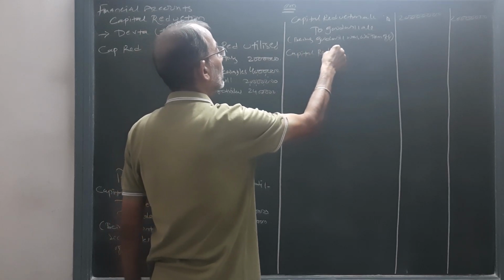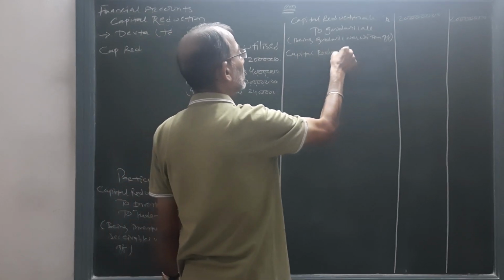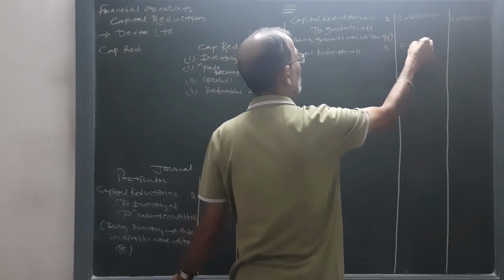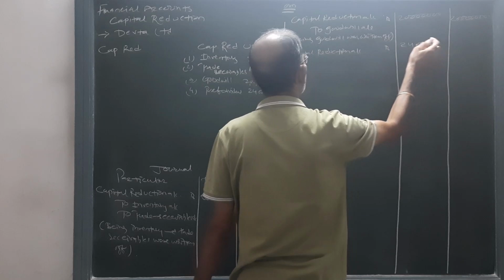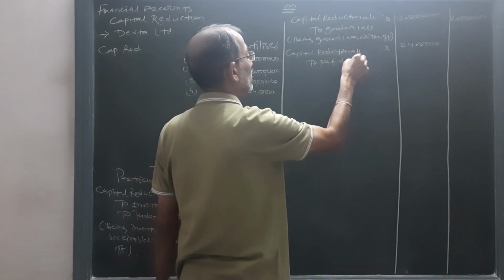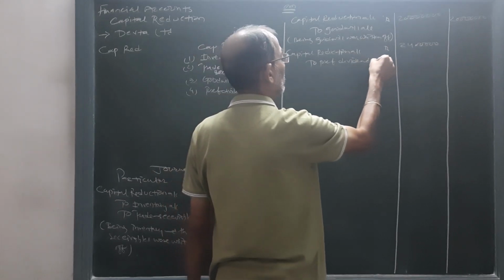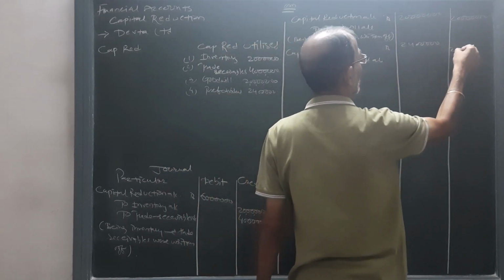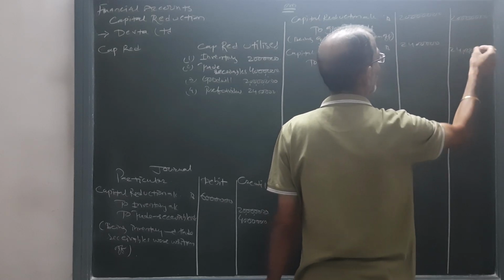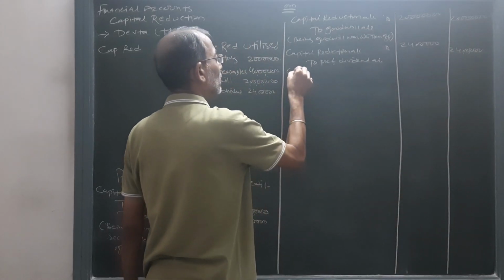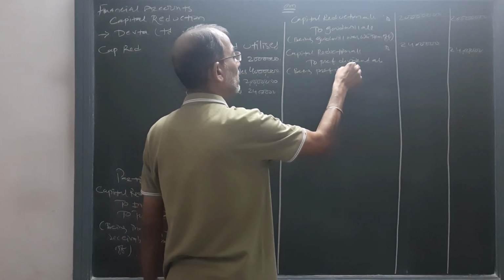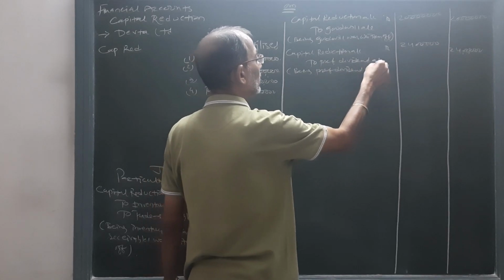Capital reduction account debit 24 lakh to preference dividend account 24 lakh, being preference dividend